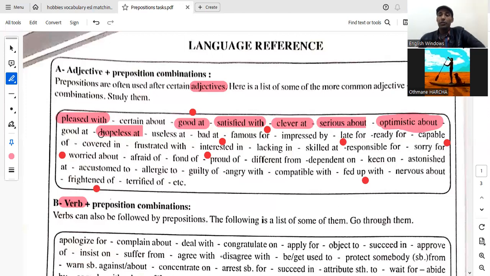So you should be satisfied with what you have, and at the same time you try to be